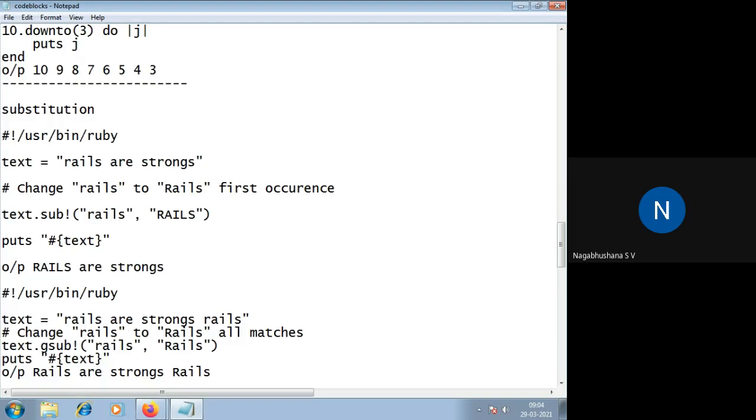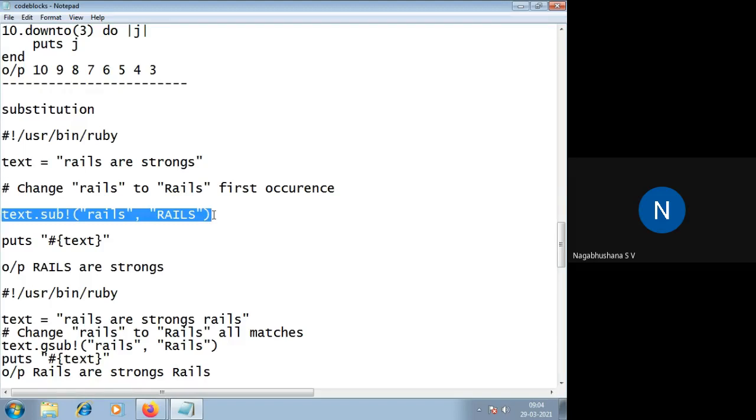So you have small case rails and you have capital letters Rails. Now here I am substituting the small rails with the capital Rails. Now this word rails would have appeared n number of times in the paragraph, assume 5 times. If you are writing this part of the code, it is going to execute only once.